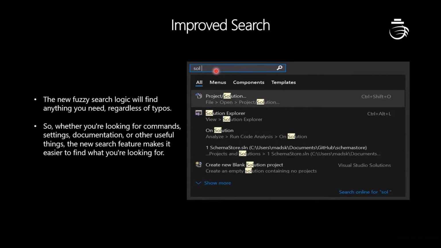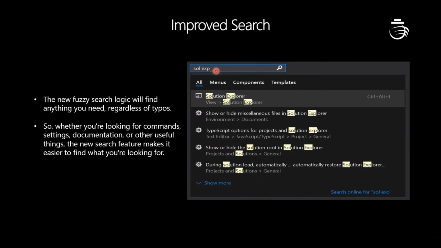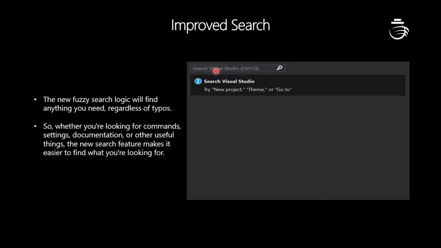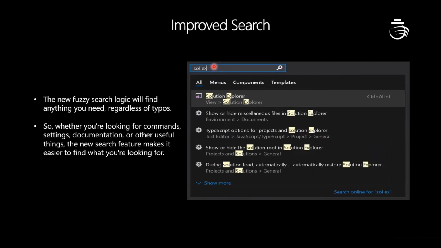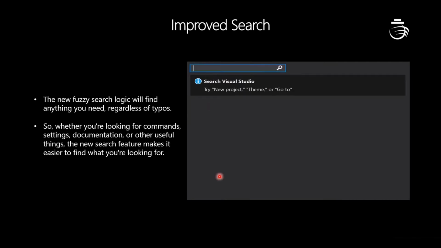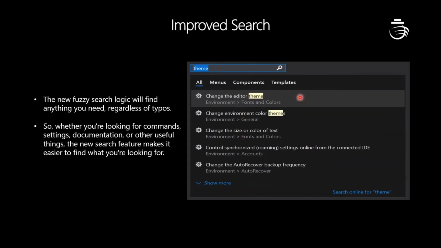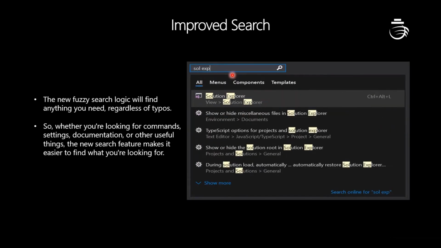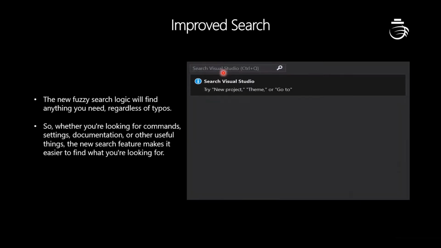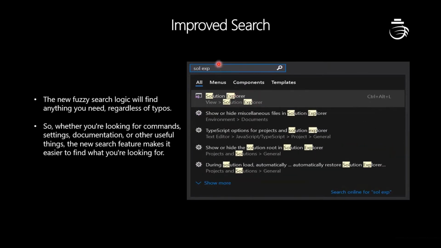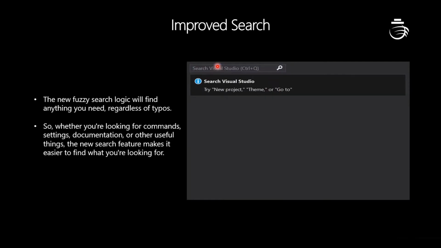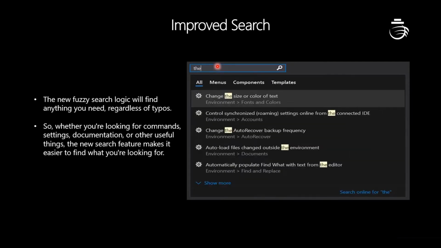One more improved feature in the 2019 version is that it works in an asynchronous manner. In the earlier versions, it didn't work asynchronously. As you can see, whenever they click on each letter, it still gives suggestions and results in a much quicker manner. It is asynchronous and faster. Whenever the person clicks on the theme, you get the result in seconds. It's not taking a long time. So this performance has been improved here.